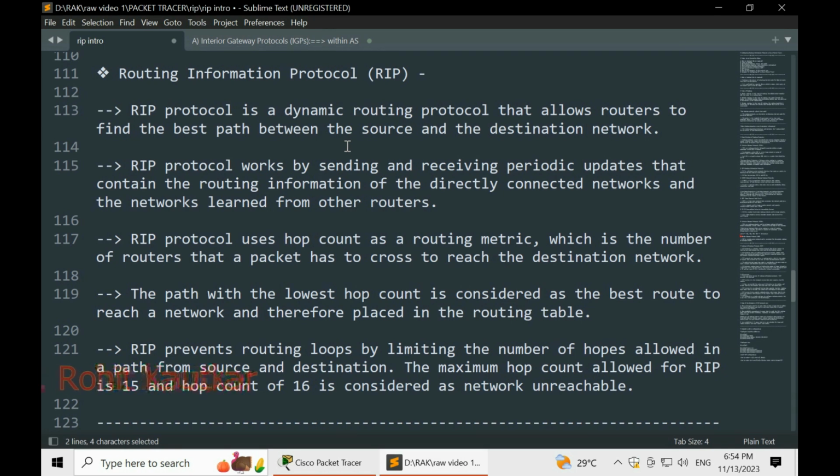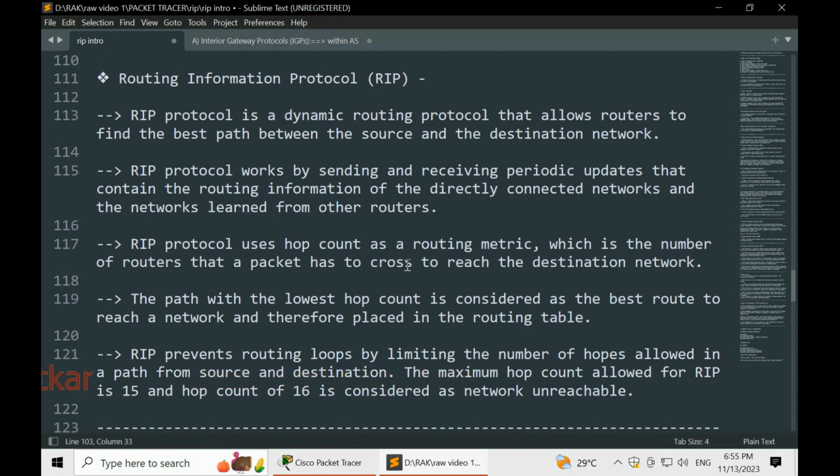As we told, RIP is based on the distance vector protocol. RIP is based on distance vector routing, and it uses hop count as a routing metric. This gives the number of routers that the packet has to cross while reaching from source to destination.